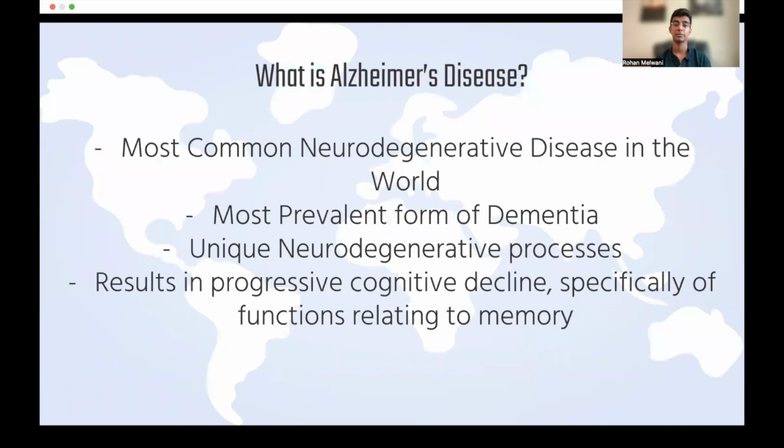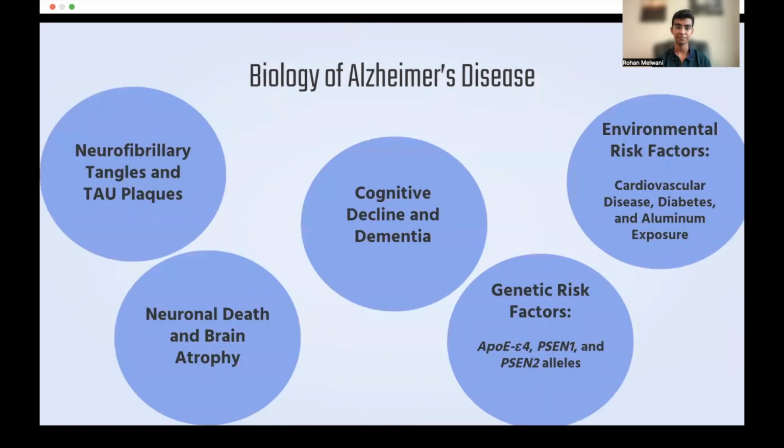So what is Alzheimer's disease? It's the most common neurodegenerative disease in the world, and it's the most common form of dementia as well. And it's characterized by unique neurodegenerative processes which result in progressive cognitive decline, specifically functions relating to memory and memory formation. So the biology of Alzheimer's disease, it's characterized for its beta amyloid plaques and tau plaques, which form neurofibrillary